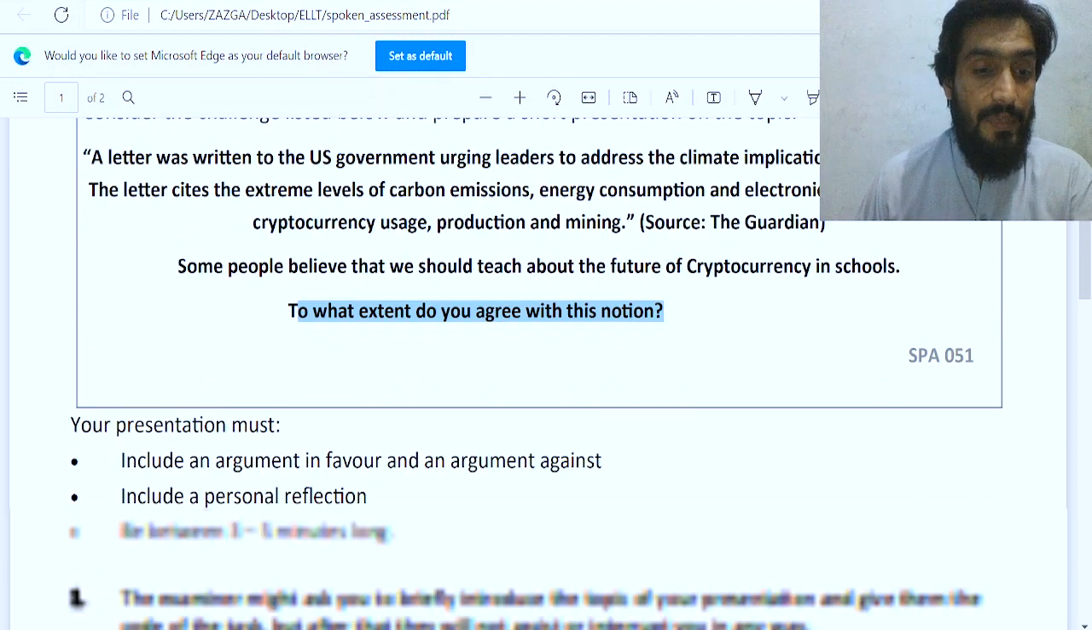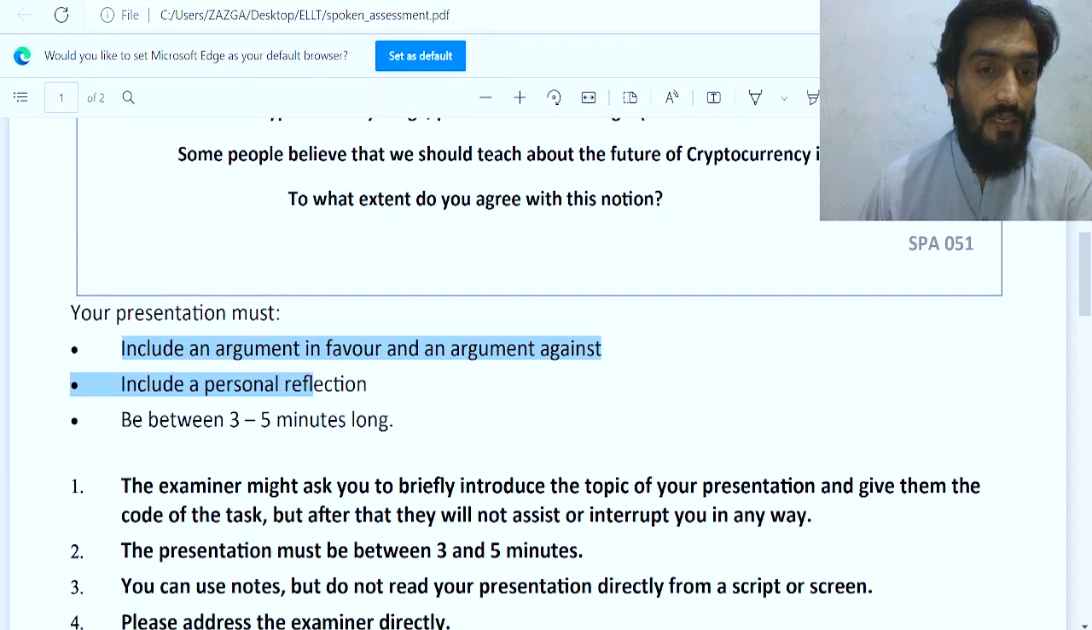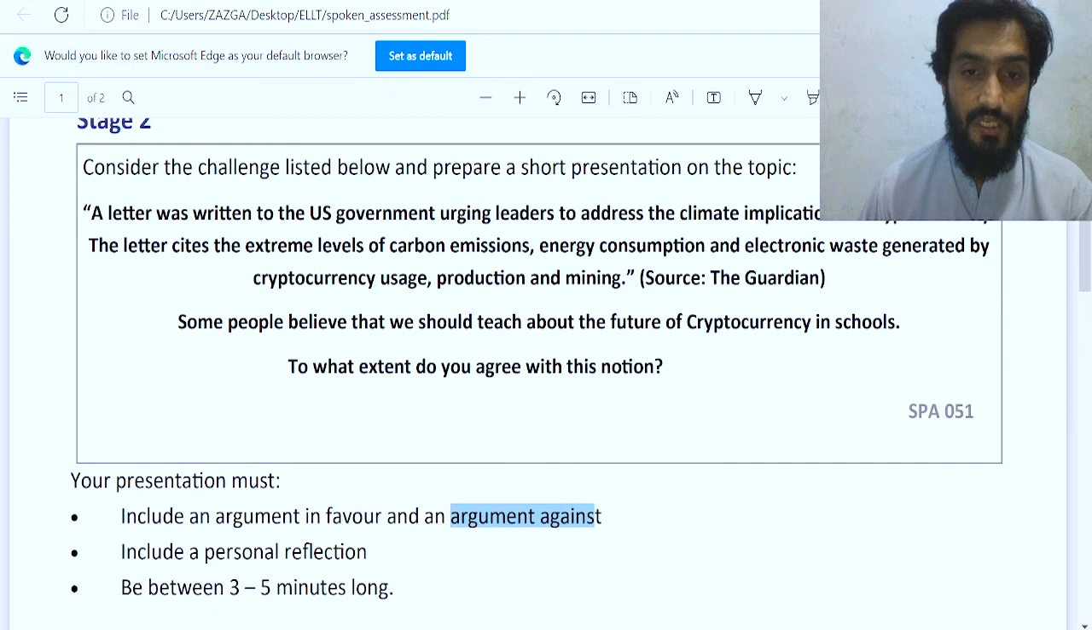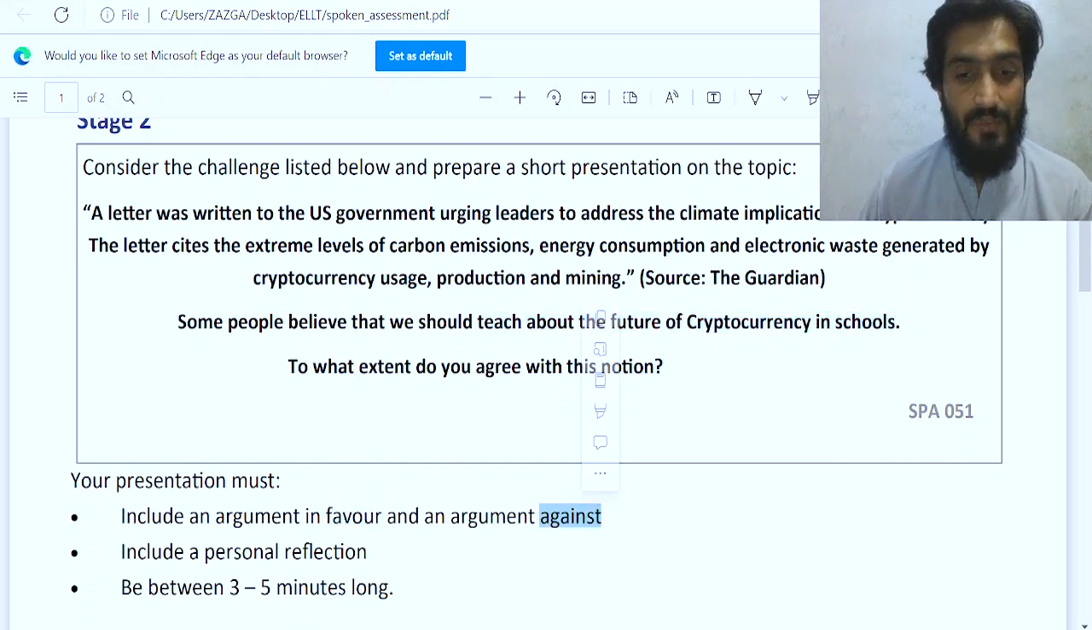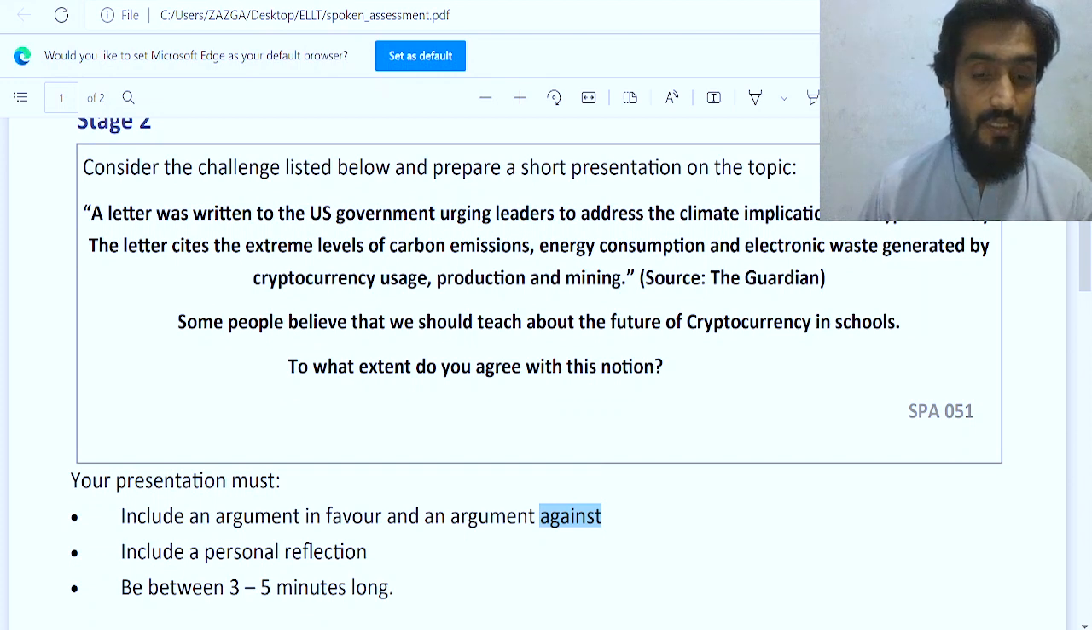Now how to prepare? Okay, they have given you the hints. Include an argument in favor and an argument against. Now it means that you have to talk about the positive points and the negative points of teaching cryptocurrency in schools. If cryptocurrency is taught in schools, what will be the advantages and what will be the disadvantages? Now these advantages and disadvantages can be related to students, their future, the economy, the country, the school management, administrations. You have to look for all the